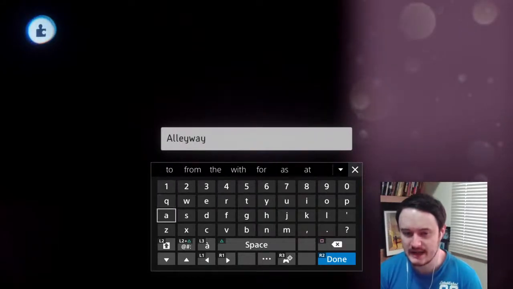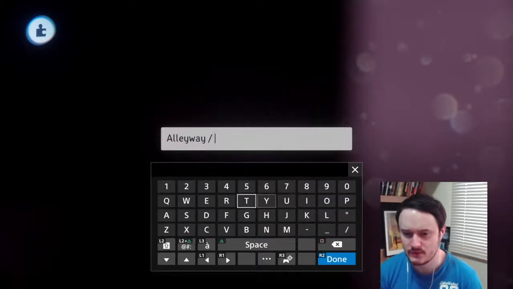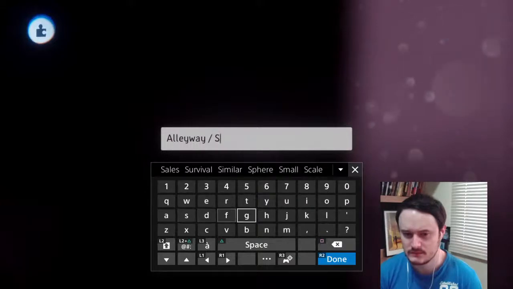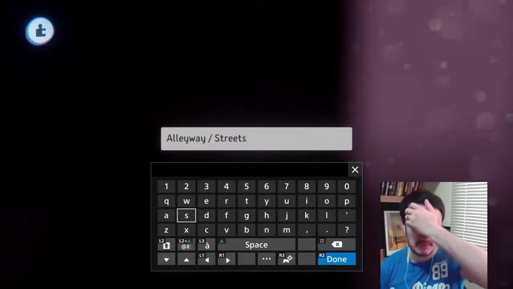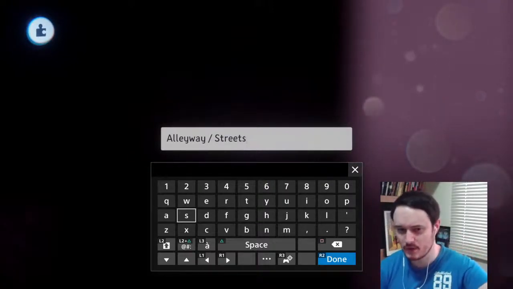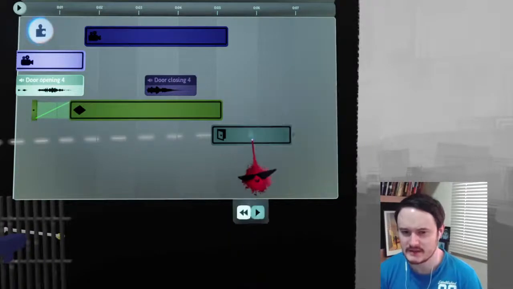So we'll just say alleyway. Normally I just do alleyway into streets. I don't think it's so specific, it's just to give you a reference of what links to what. So now that links to the streets,